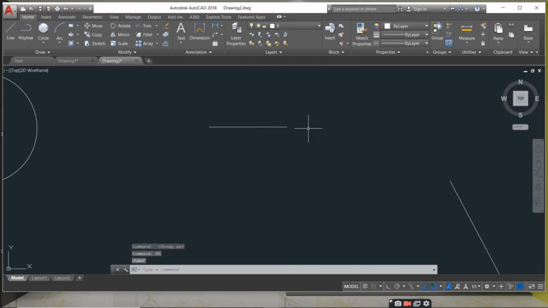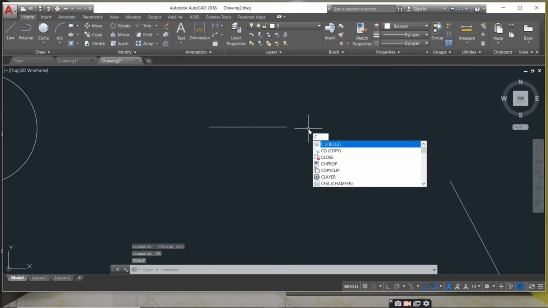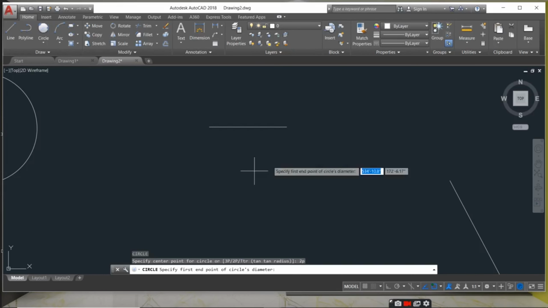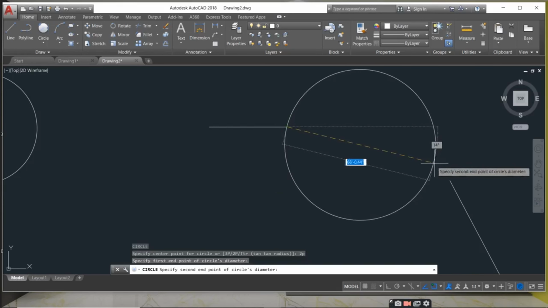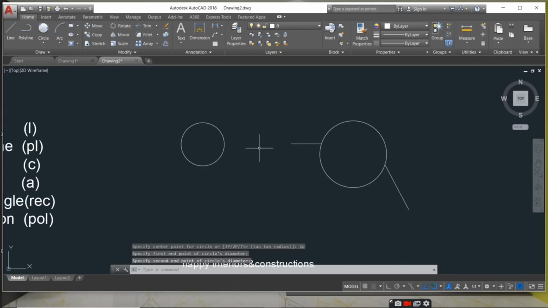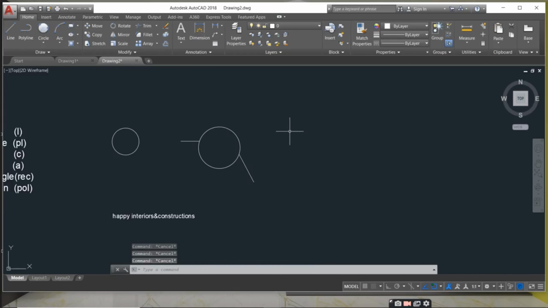Now I want a circle between those 2 points. Enter circle, now enter 2P. What is it saying in the command bar? Specify first end point of circle. I want my first end point here and then the second here.